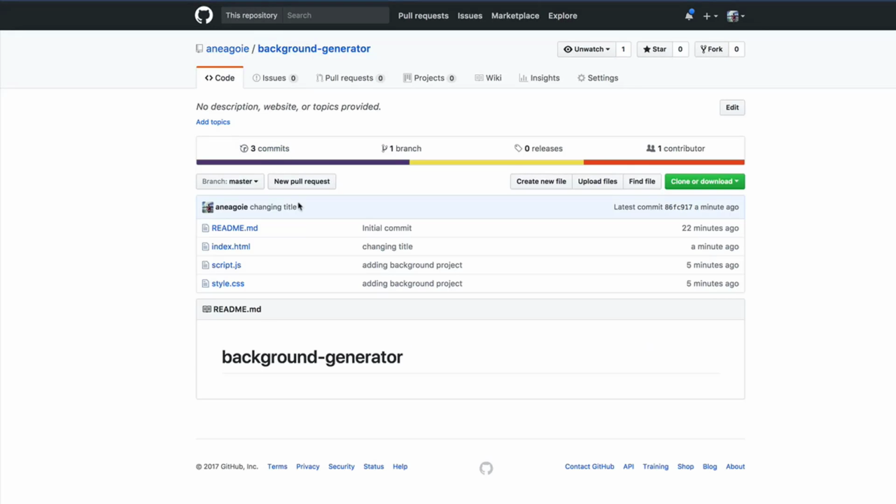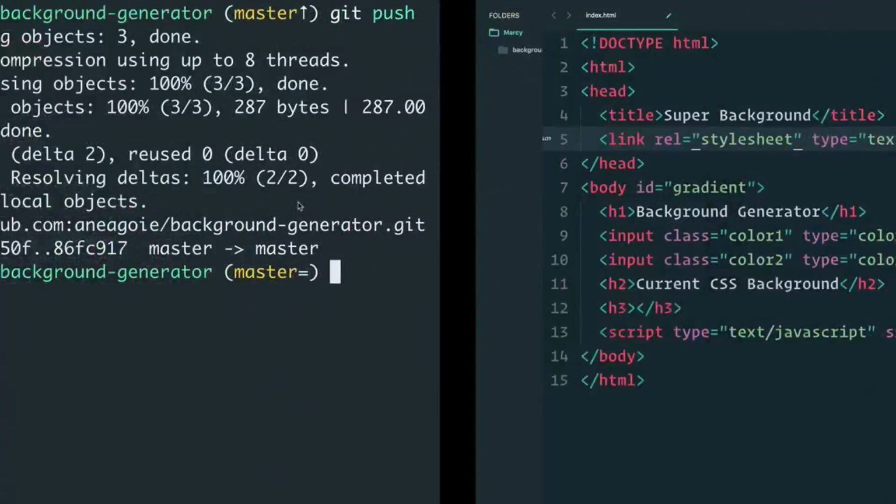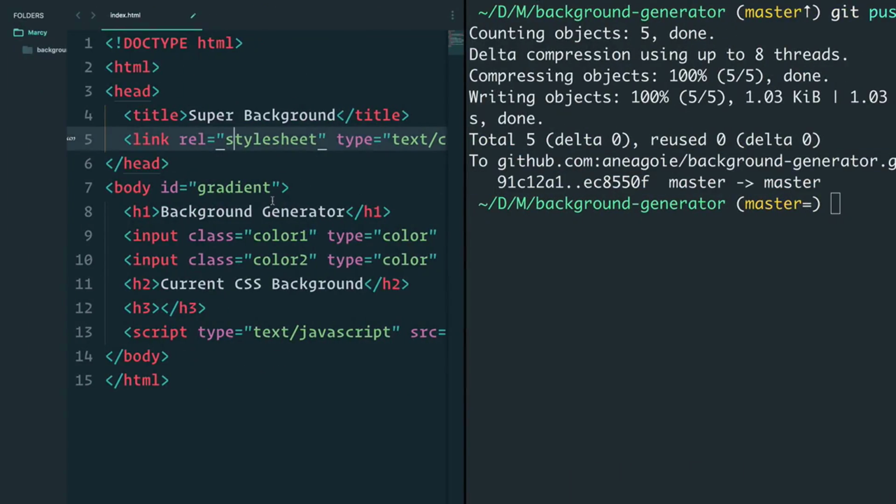If I go back to the code and I go to Marcy's computer, I see that, well, she still has background generator here. Why is that? Well, because her computer doesn't know that GitHub has been updated. The next command I'm going to show you, this is the last one I'm going to show you in this video, is git pull. So remember, git push to push the changes to github.com, and git pull to pull whatever is the latest. So I do git pull,